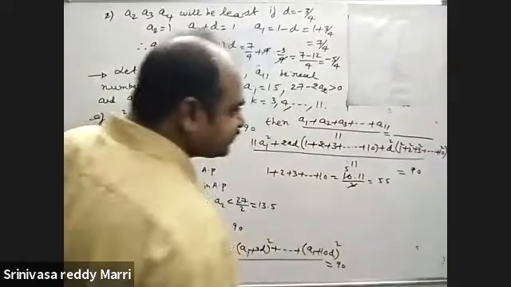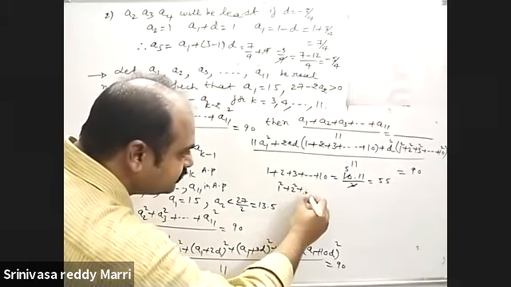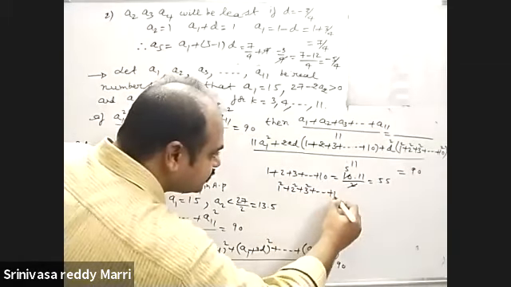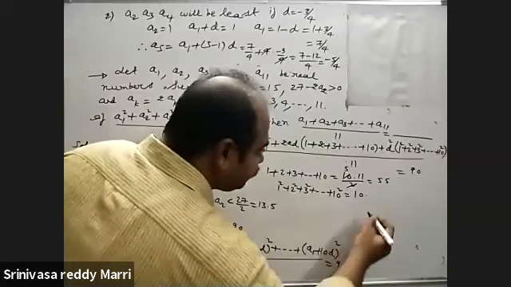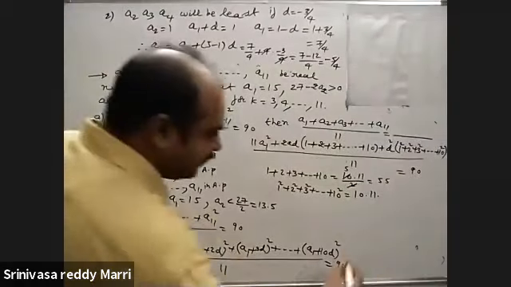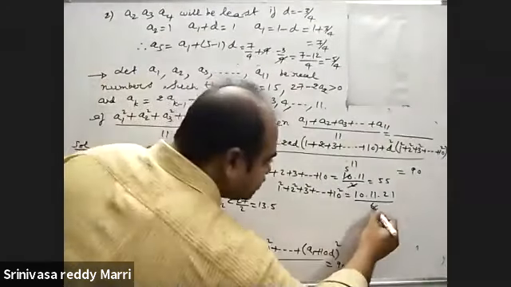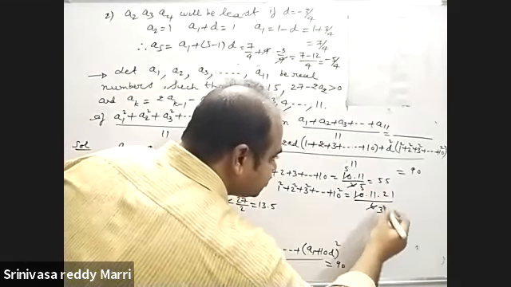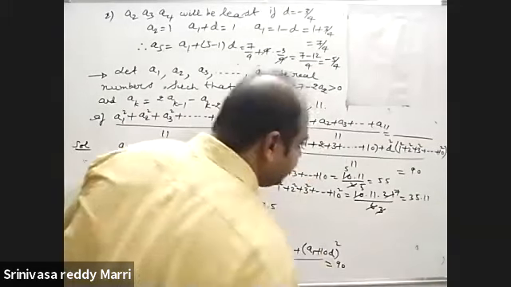Next one is the sum of squares of the first n natural numbers. So 1 square plus 2 square plus 3 square and so on, 10 square, is nothing but n into (n plus 1) into (2n plus 1) by 6. Here n is 10, n plus 1 is 11, 2n plus 1 is 2 into 10 plus 1, that means 21, divided by 6. Now if we strike off 2 3s, 2 5s, 3 1s, 3 7s, this is nothing but 35 into 11.